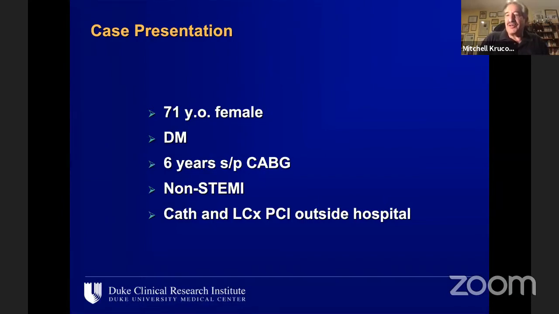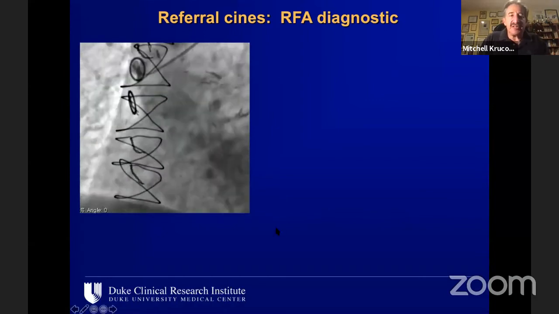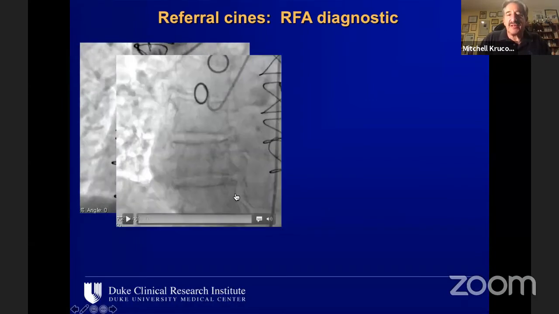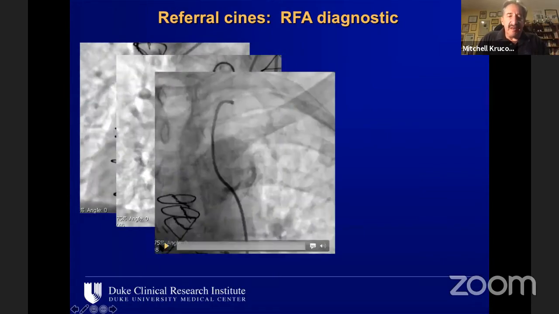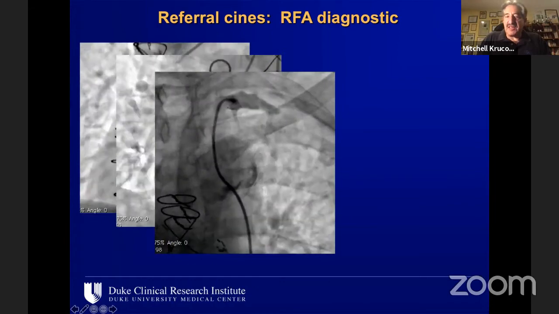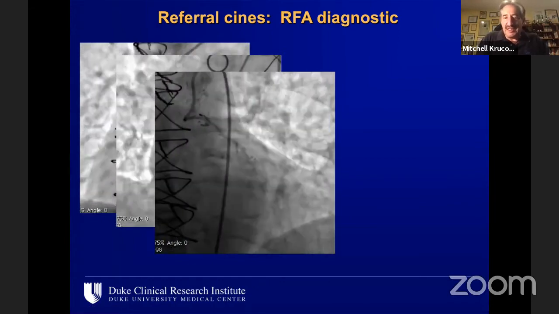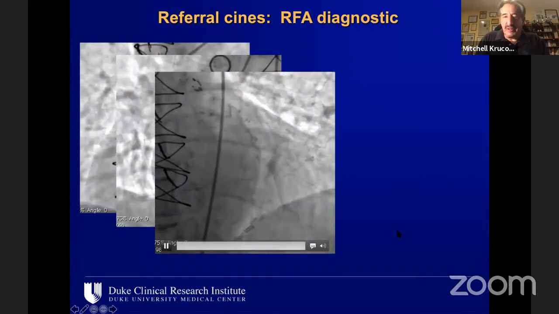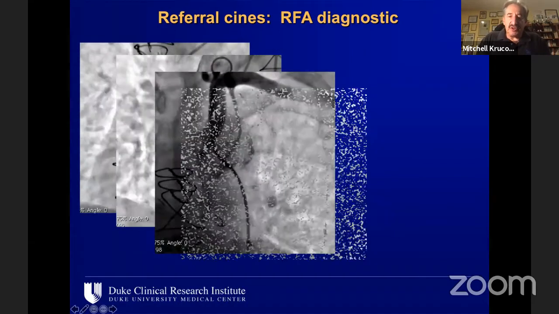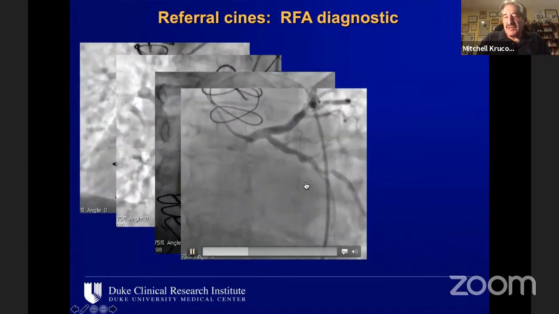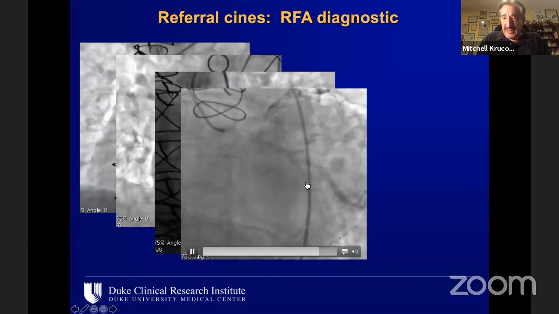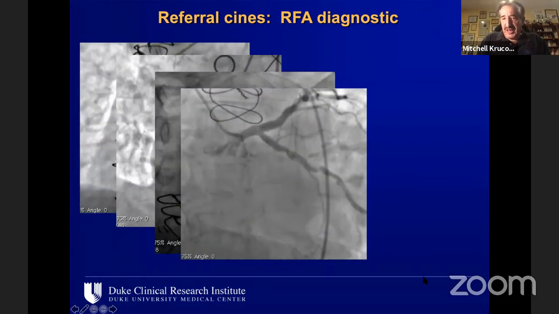This lady presented to a hospital about 90 miles from our medical center with a non-STEMI and underwent catheterization and PCI. I'll show you. You can see the vein graft to the circumflex system is occluded. The vein graft to the right coronary artery is occluded. The mammary, this is not a great picture, but I think they sufficiently imaged that the mammary to the LAD is intact, and I think we could impute the LAD is in reasonable shape. The native circumflex, you can see, is diffusely calcified, but has a very discrete lesion before this very large marginal branch.